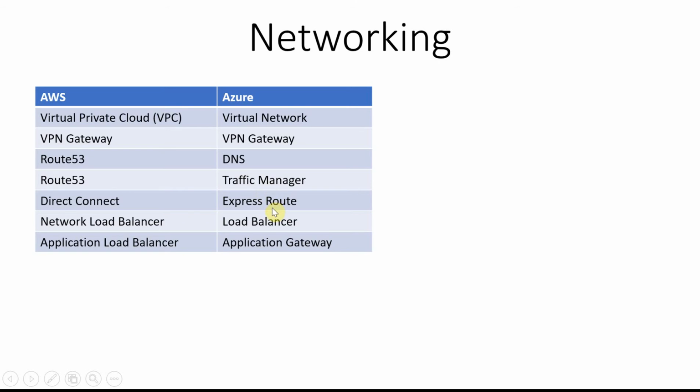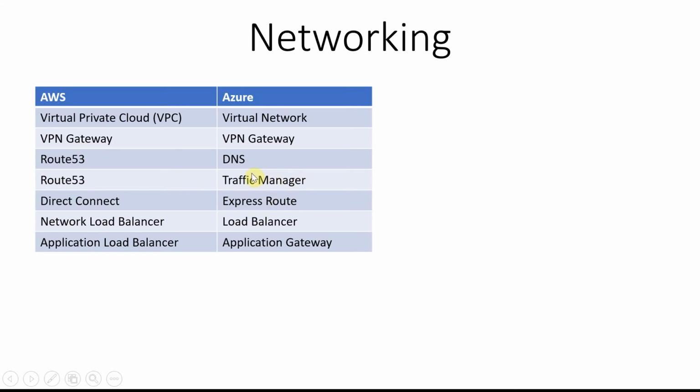Right, and then next is Direct Connect versus ExpressRoute. So far, all of these are on the public internet. For example, DNS and domain names require the public internet, and Traffic Manager also requires the public internet. Let's say you don't want the public internet. You want a private data transfer, a private network, for safety purposes and other things.